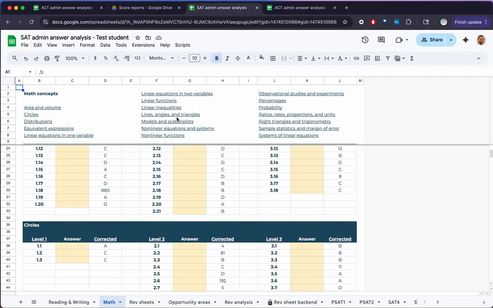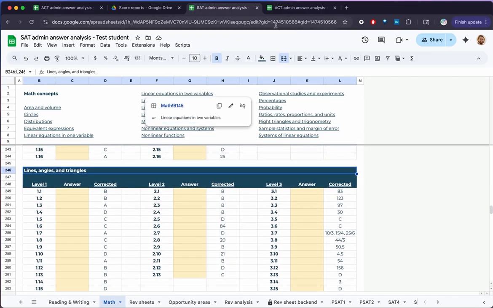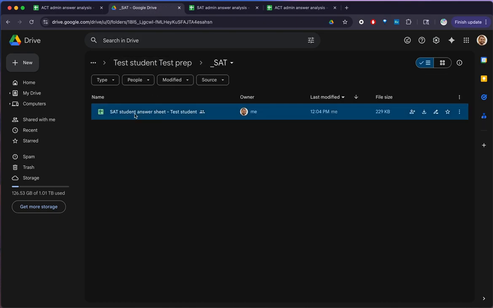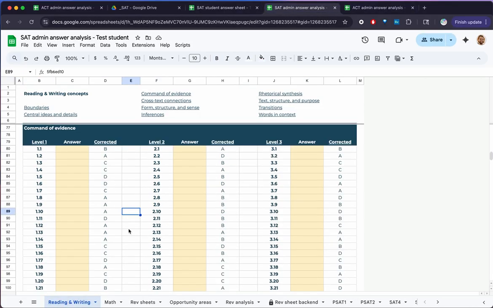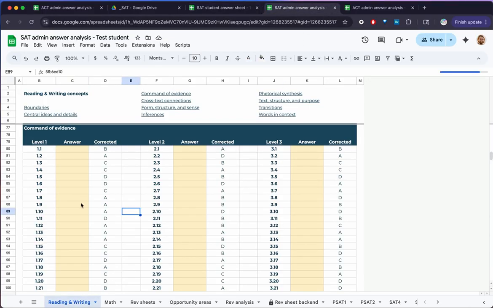So we can always jump here to get to different sections. But ultimately, this is the admin template, so this is not the one that the student has access to. We also have another spreadsheet that is meant for the student to put their answers in. You can see this looks almost exactly the same as the admin sheet, except there is no answer column on the student side. So they put their answers in here, and then those answers automatically populate over to the admin spreadsheet. Oh, there it is. I wasn't in the right section. Okay, so